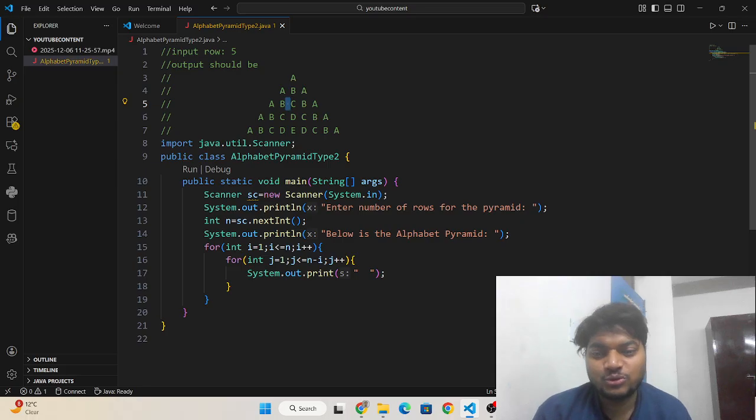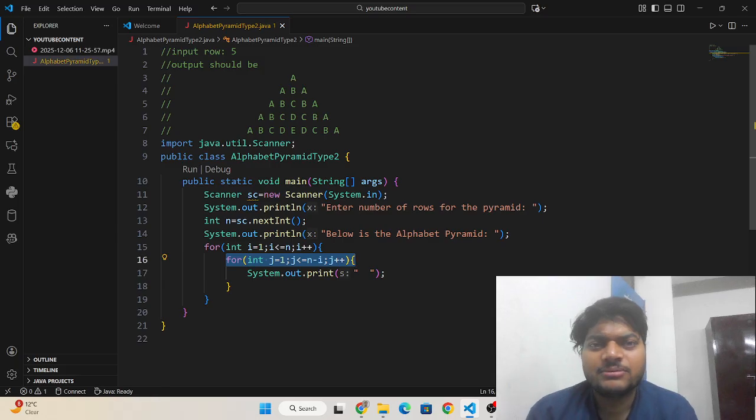So I have written this to print the spaces to the left of the element in the pyramid.